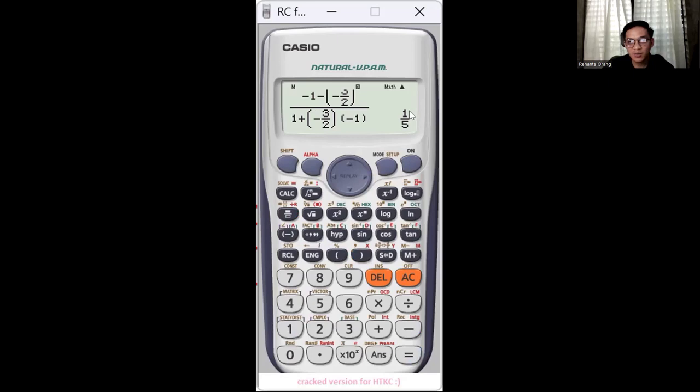The answer is 1 over 5. Then we have tangent on our left side. Let's move it, it becomes shift tan, because it was moved to the other side. Then answer equals 11.309